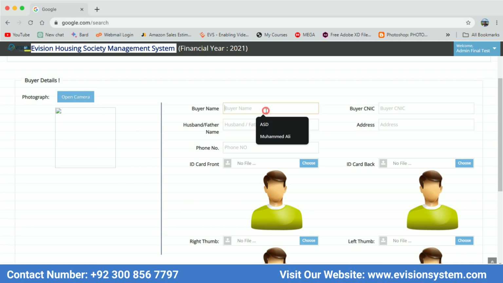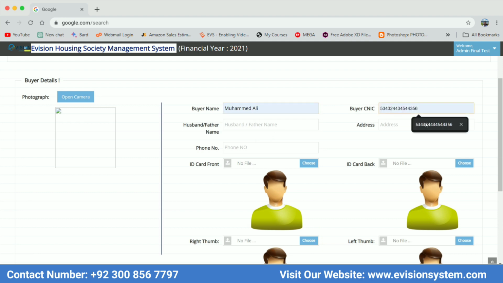On the right side, there's a form starting with the buyer's name input field where you add the buyer's name. Next, there's the buyer's CNIC input field where you add the buyer's CNIC number. Then, there's a field for husband or father's name where you add that information, followed by the address field and